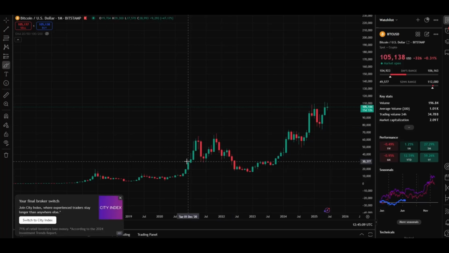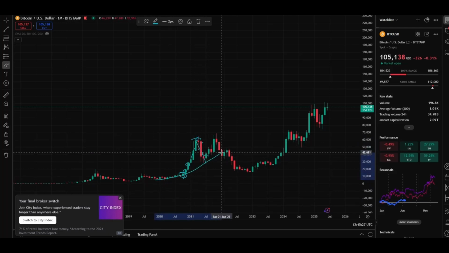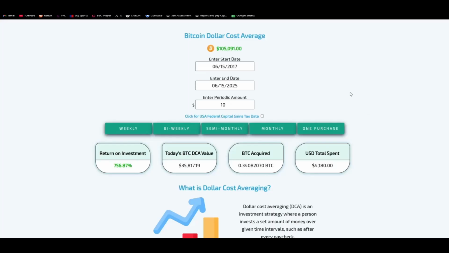You can see on the monthly time chart here that if your DCA was set up on a monthly basis, you'd buy here, you'd buy here, you'd buy here, and you can see that you'd be buying as the trend line goes upwards. But then you might be buying months where Bitcoin's price would start to trend downwards. The overall effect of that would be an average price to the upside. Now let's look at some numbers.